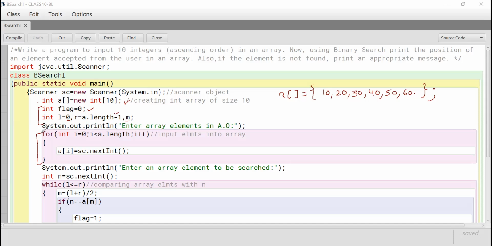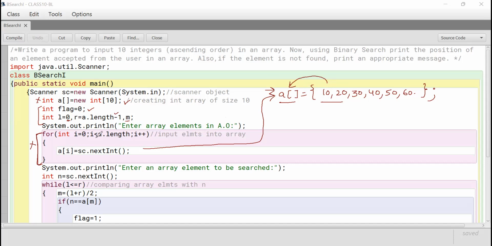And then if you are asked to input elements through a scanner object, you can do it like this. And if you are asked to create an array with given elements, then you don't have to know this part and this part. You can skip and write the declaration and initialization both at once like this. So this part, I think, is clear to all of you. Depending on the question, you have to decide whether to initialize the array while declaring directly or to input elements